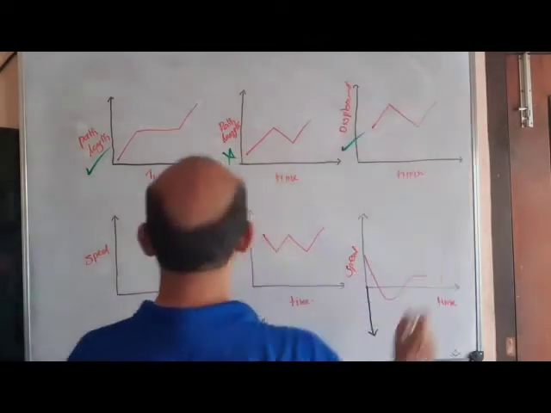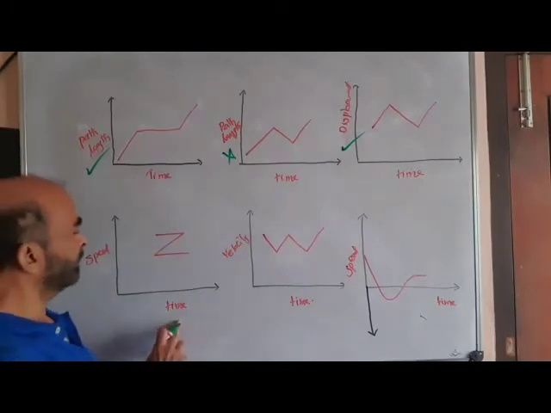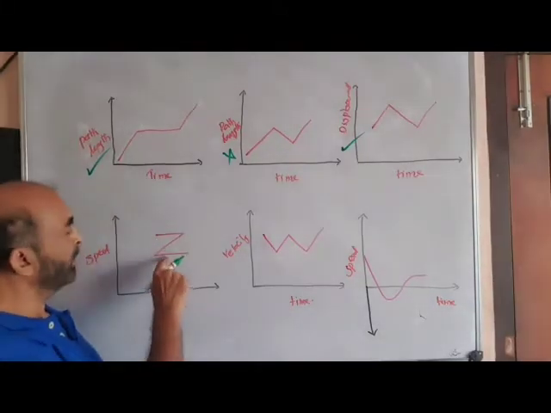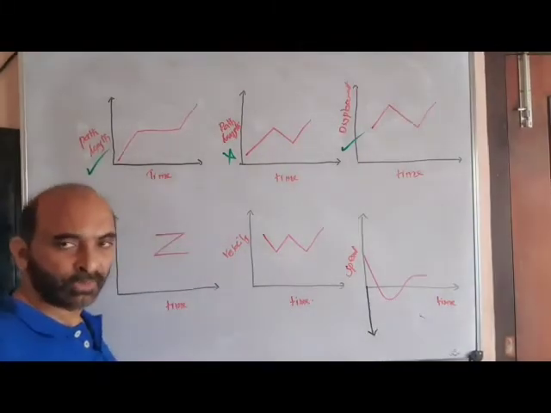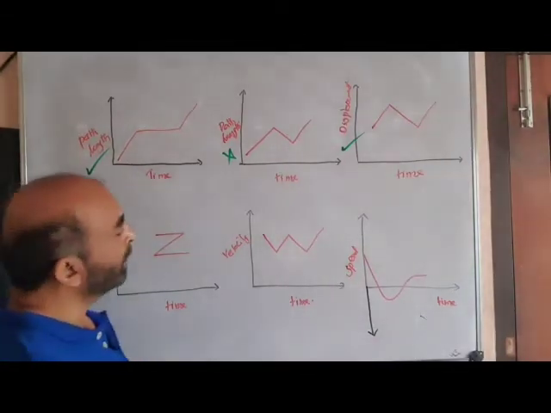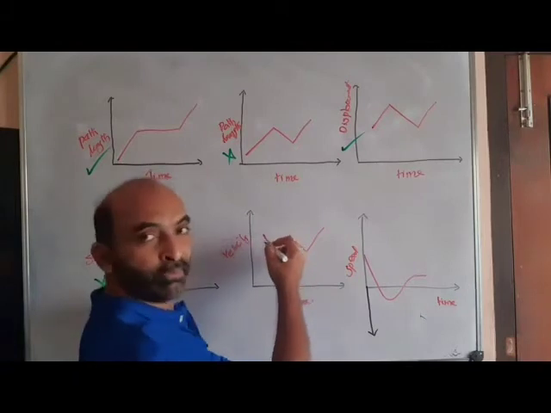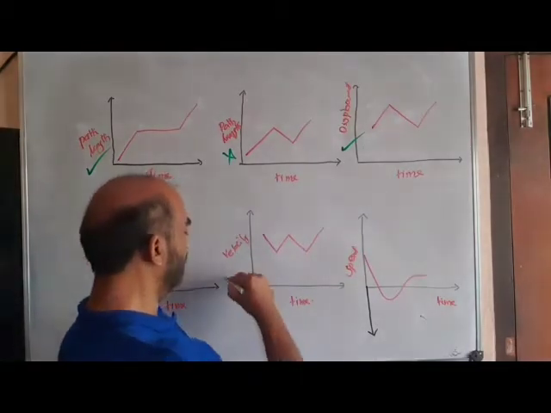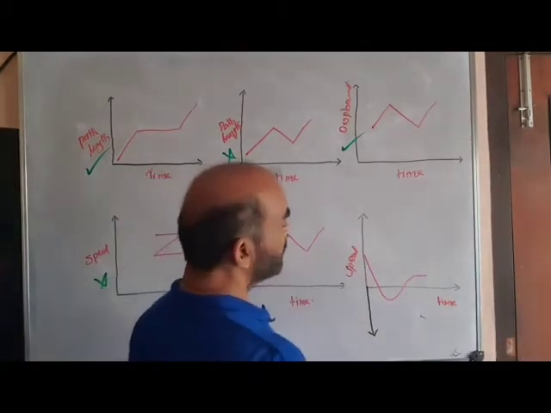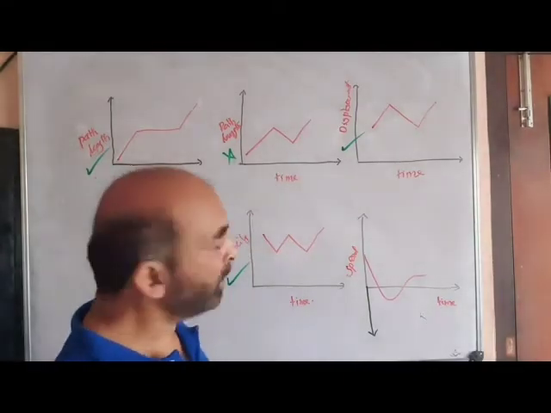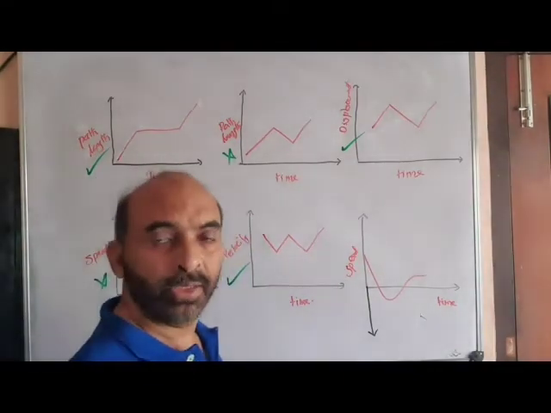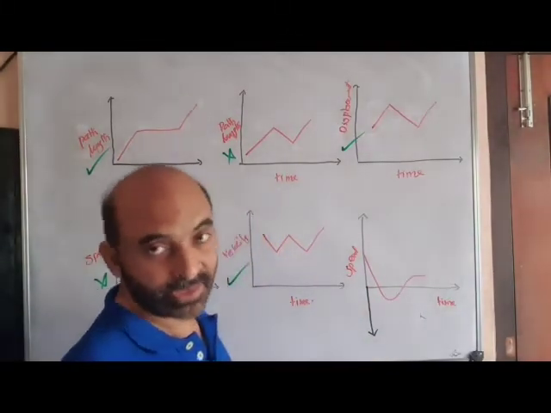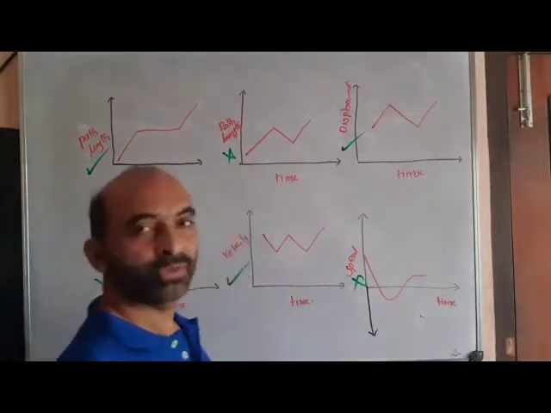So this is correct. Speed versus time. The problem with this plot, as you all know, is that at the same time it has more than one speed, which is impossible. So this is wrong. Here velocity being a vector, decreasing, increasing, decreasing, increasing, no problem. It's correct. Speed can decrease, but speed cannot go to the negative side. Since it has entered the negative speed side, it is wrong. So that's it.